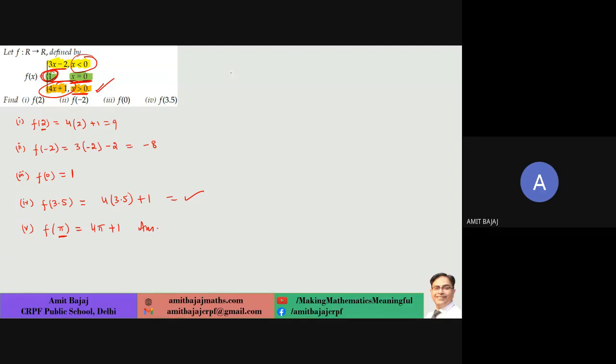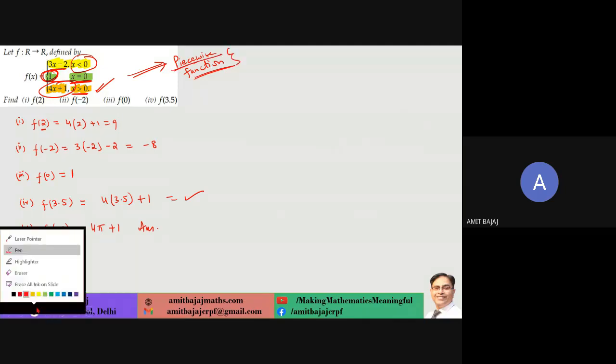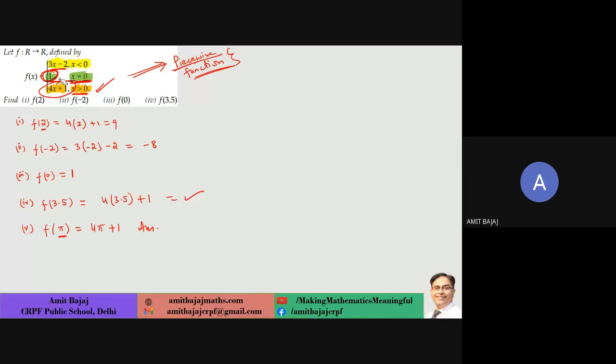In fact, there is one interesting fact. This type of definition is known as a piecewise definition of a function. I have split it down. I broke my function and defined it in different ways. Whenever x is positive, whenever x is negative, my function gets different possibilities. Therefore this is referred to as a piecewise function. We'll very soon learn about the graphing of this function also.